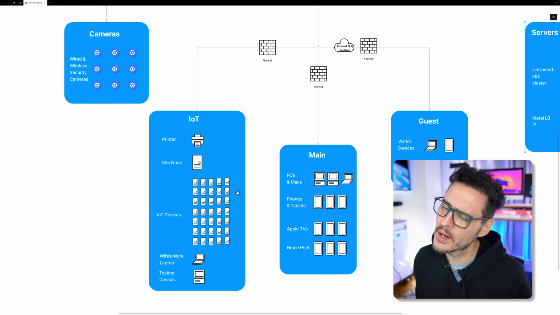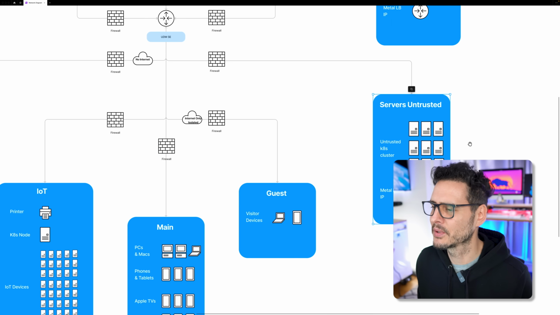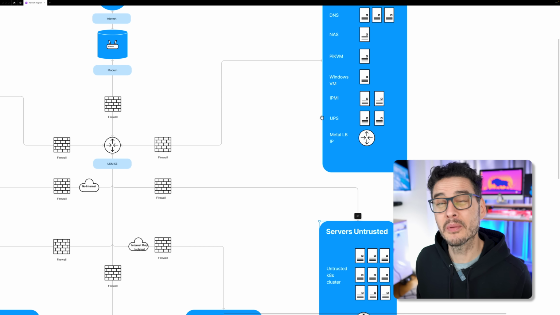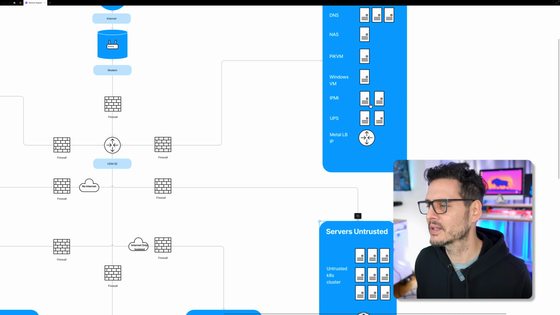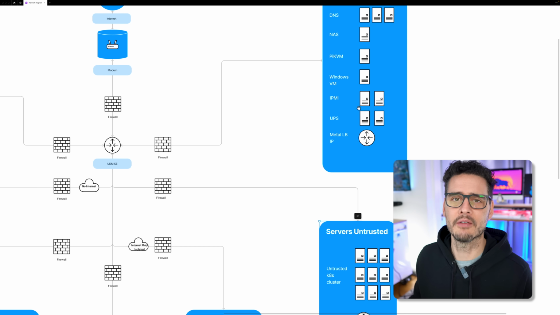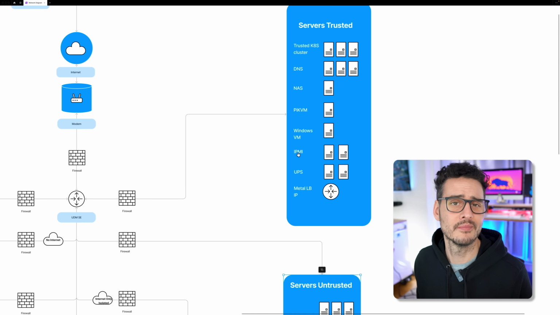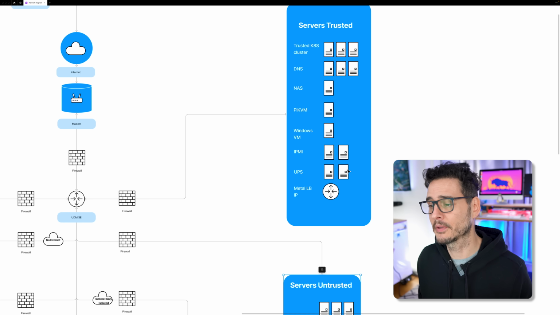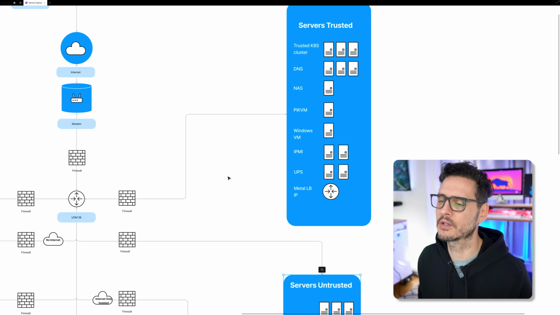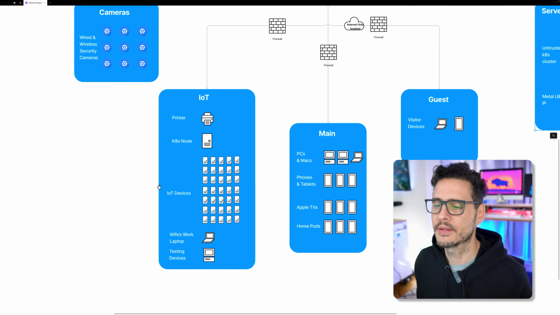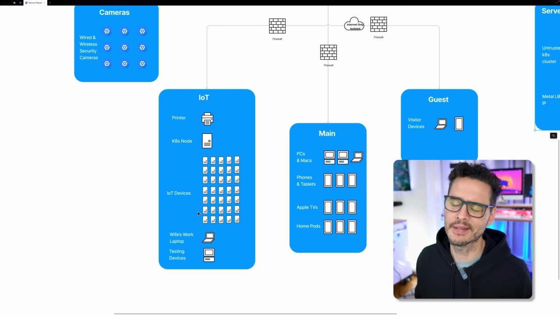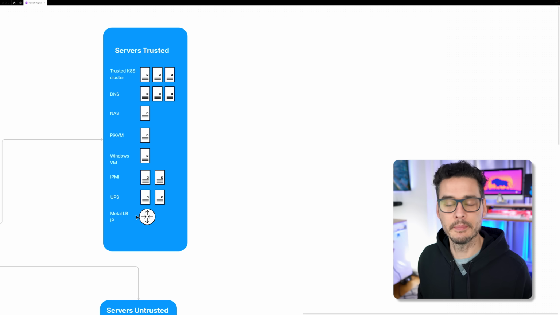I felt like if one of these devices had a breach and they were able to get to this, that was probably more likely than my IPMI, which isn't even public facing, having some kind of security breach, which they can't even remote into anyways, and then breaking out and getting into my trusted servers. Same with my UPS. These aren't public facing at all. And so I decided to put them on my servers trusted rather than on this IoT network, even though technically they are IoT devices. And again, these are trade-offs you're gonna have to make when you segment your network if you haven't already. And lastly, you see this MetalLB VIP.